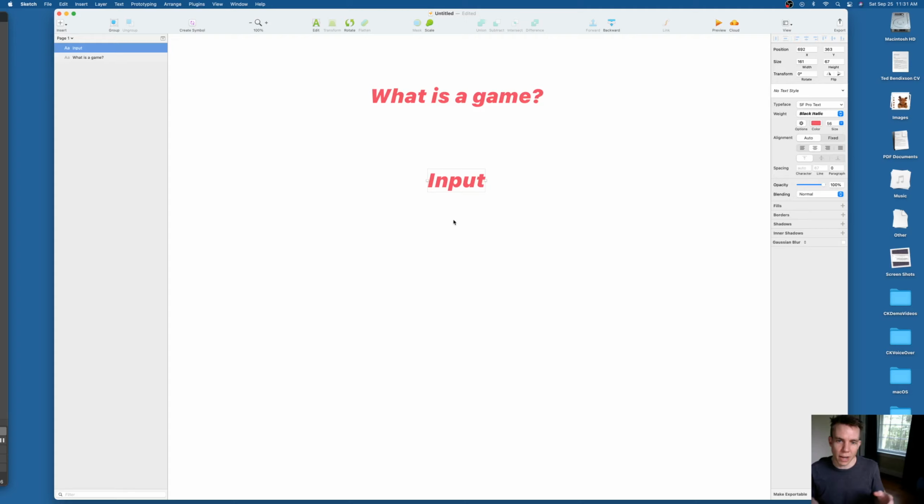Your input into the game as a player of checkers is to pick up one of your checker pieces and then place it somewhere else, right? And where you place your checkers piece is either an accepted move or it's not an accepted move, and that gets us to